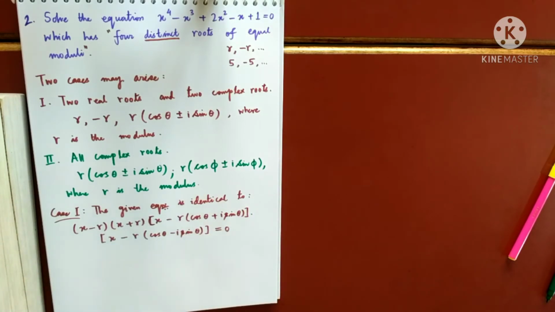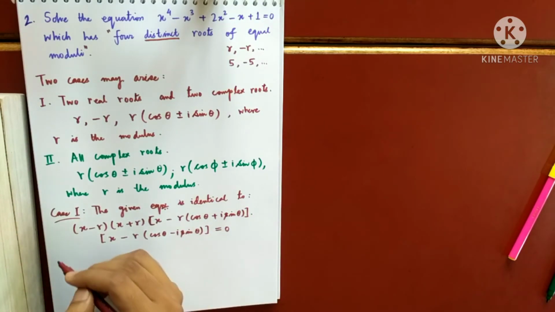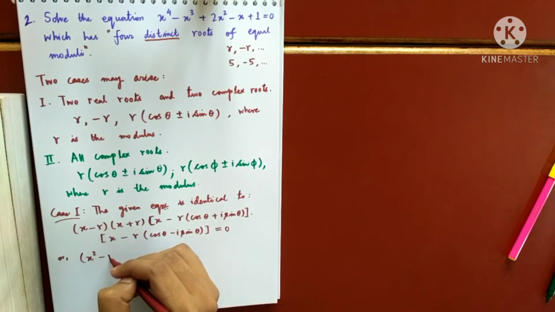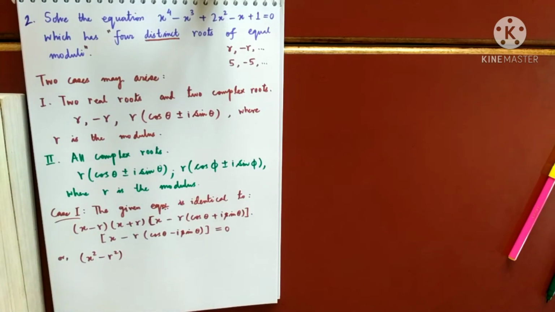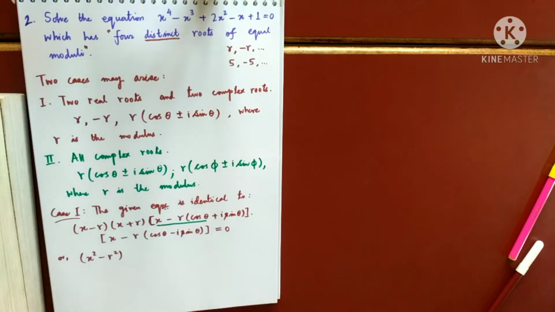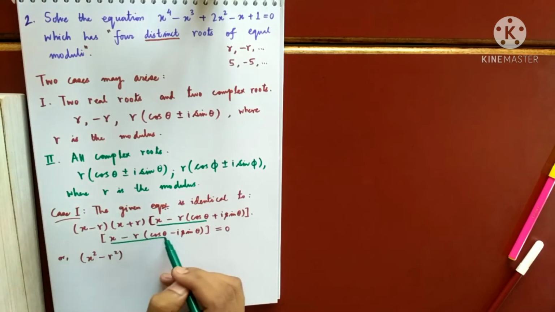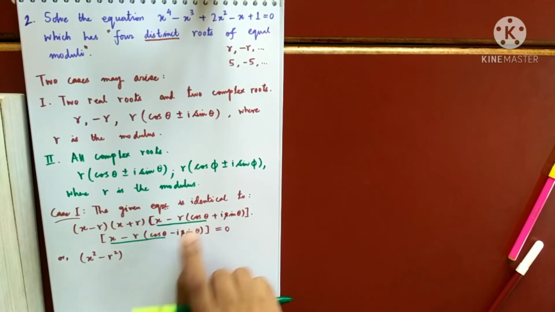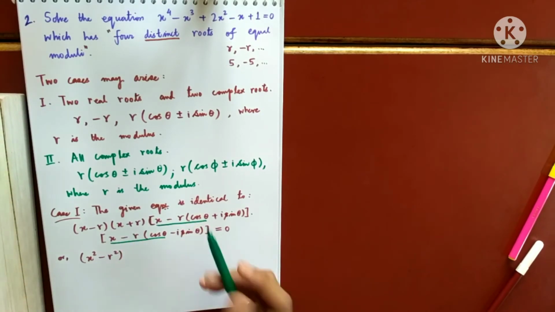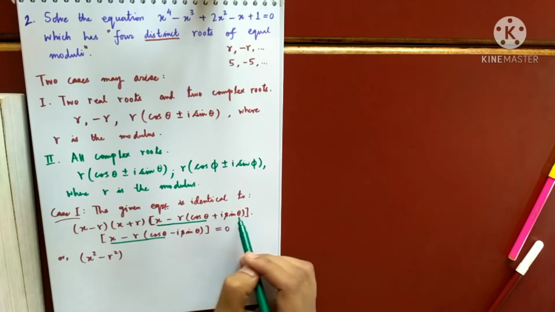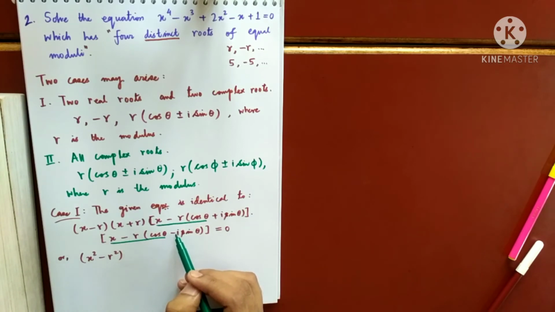my given equation will be identical to this times this times this times this. So simplify them a bit. What is this? x square minus r square, right? Now we will again simplify this. Try to understand how I will simplify them. Think of this term as a, if I open the bracket, and think of this term as a only, both are same. So I am thinking of this as a, x minus r cos theta. And if I open the bracket, what will I get? Minus i r sin theta here, and plus i r sin theta here.